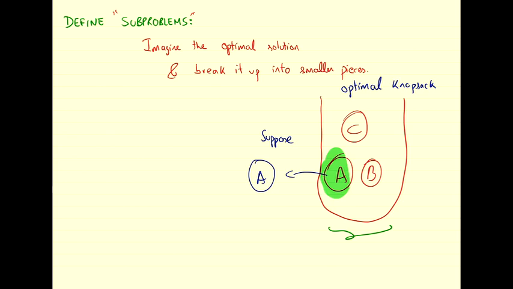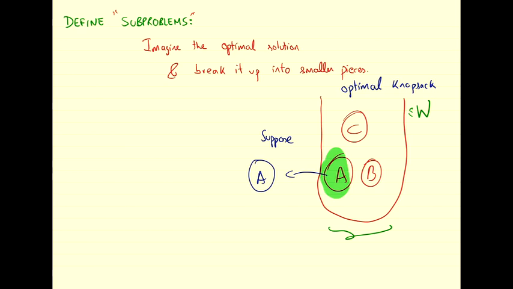Well, it's going to be the optimal way of filling up the rest of the weight, right? There was some total weight, capital W, allowed. This knapsack had total weight, capital W, okay? And if item A was part of it, then once you take out item A, whatever is left in that knapsack is the best way to fill up the rest of the weight, clearly, because if there's a better way, you would use that. So whatever is left is the best way to fill up the rest of the weight,